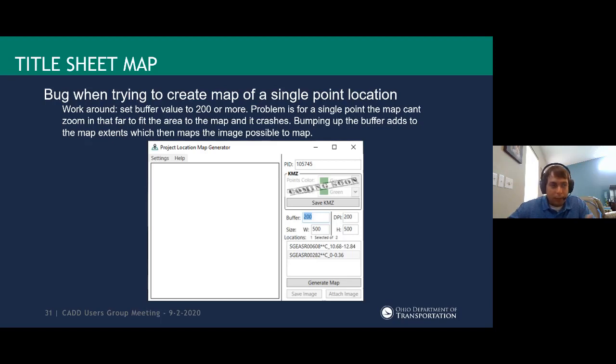So when I went to connect, I said, let's see if we can come up with a solution that isn't so intensive on us to maintain all these CAD files and update them. And so I went the JS route and I just pulled in locations and generated a map.